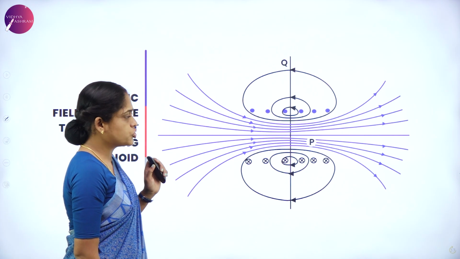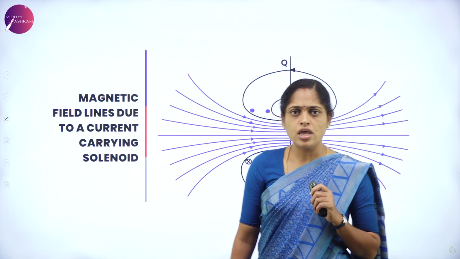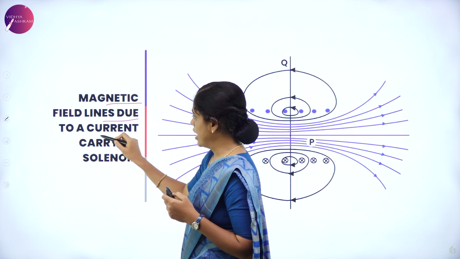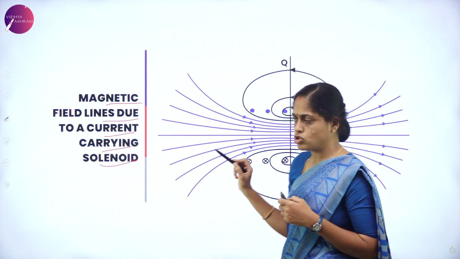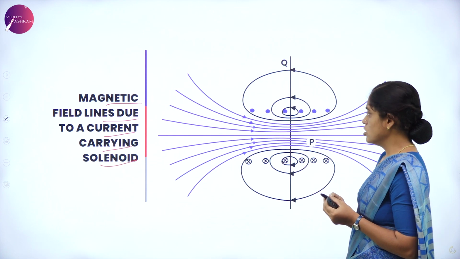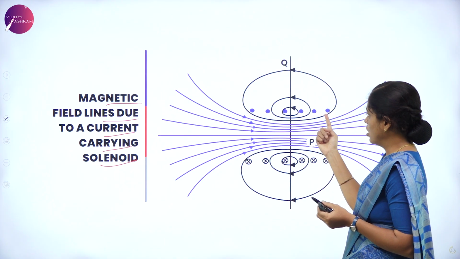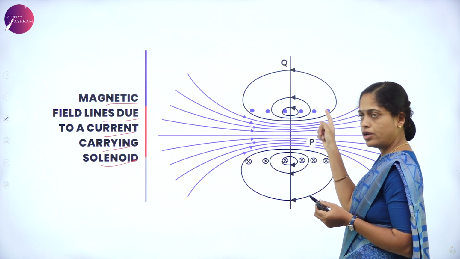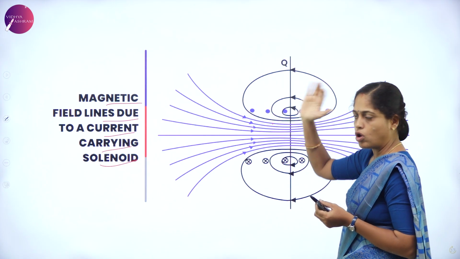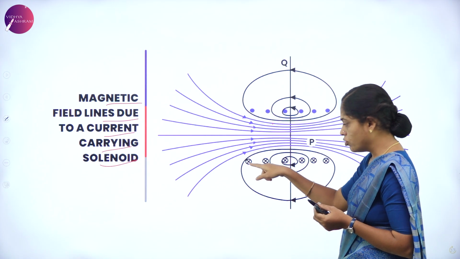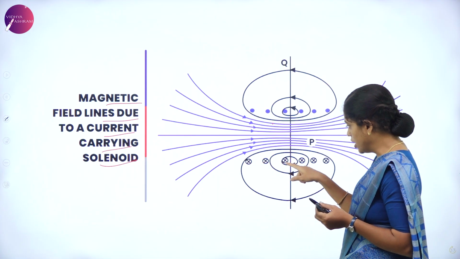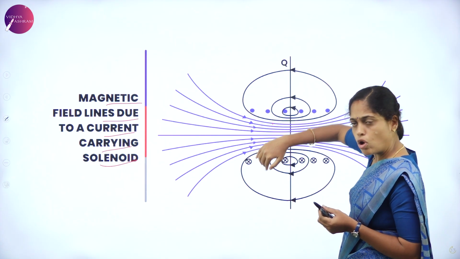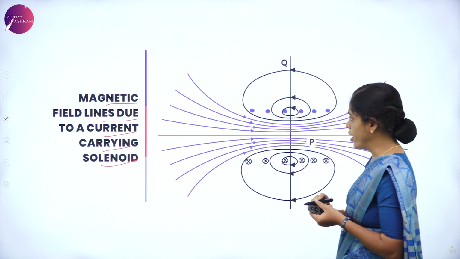Now let us find out the strength of this magnetic field around the solenoid. The magnetic field lines around the current carrying solenoid are like this. So observe here. At the top, this dot represents the current which is coming out of the coil, and down below, the cross is into, meaning the current is flowing into the coil, the next turn of the coil.